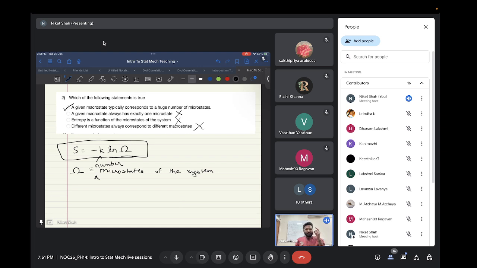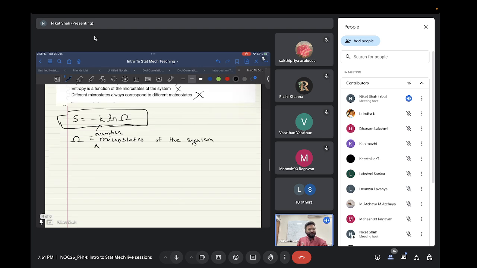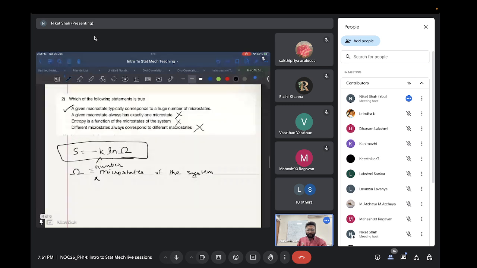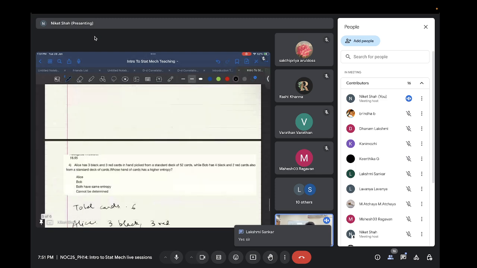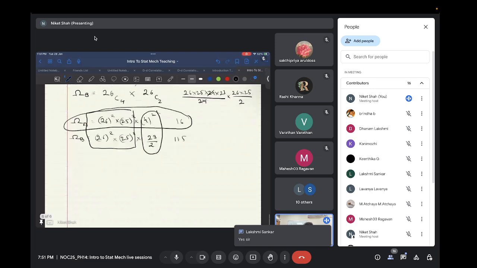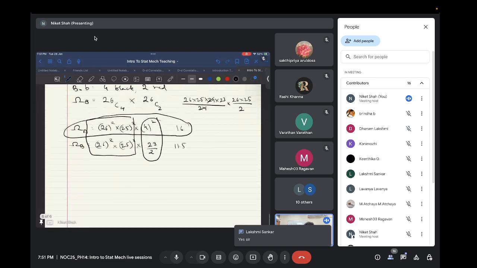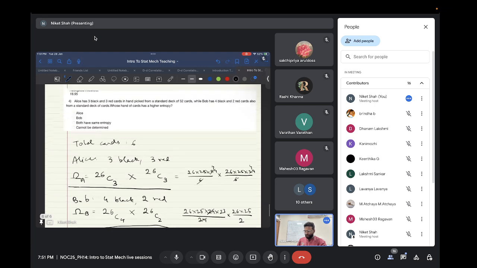If I give a particular macrostate, it will tell me the number of microstates in the given macrostate. So actually entropy is a function of the macrostate only. So yes, I was wrong in saying that, and statement number 3 is wrong. Did everyone understand? If not, you can directly stop me and ask the question, just like Rashi did. Please go ahead and directly ask. Feel free to ask questions like that. And thank you, Rashi, for correcting that.